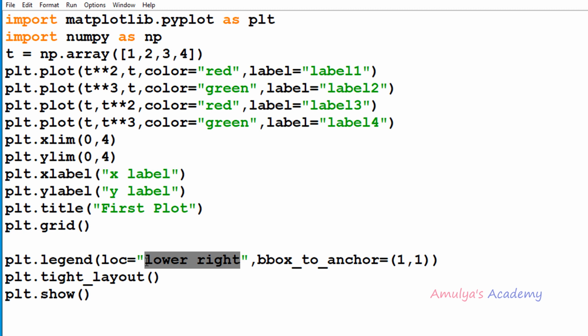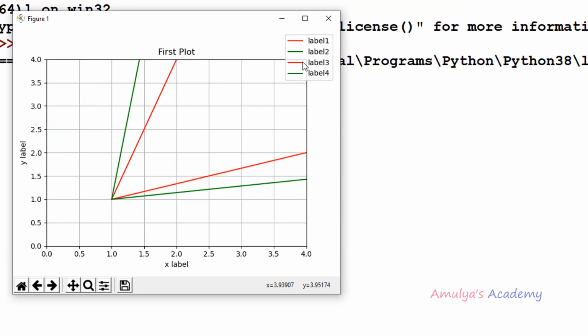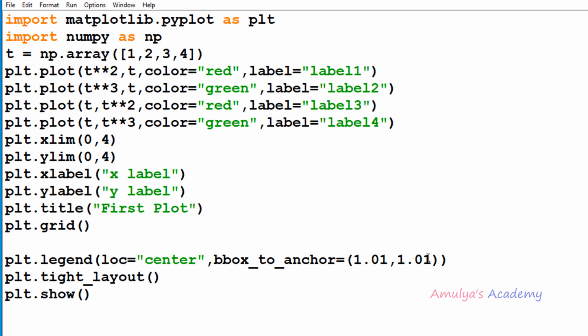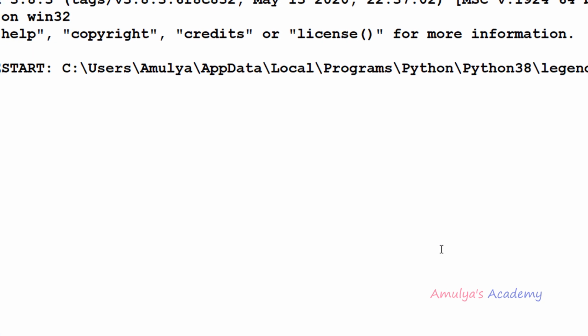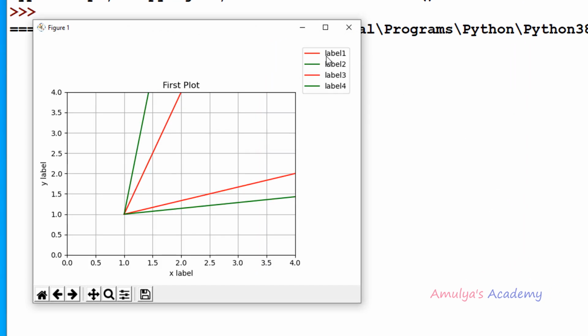If I take it as center, and if I take 1.01, 1.01, okay, it will be placed here. If I take 0.25, 0.25, it will be placed here.